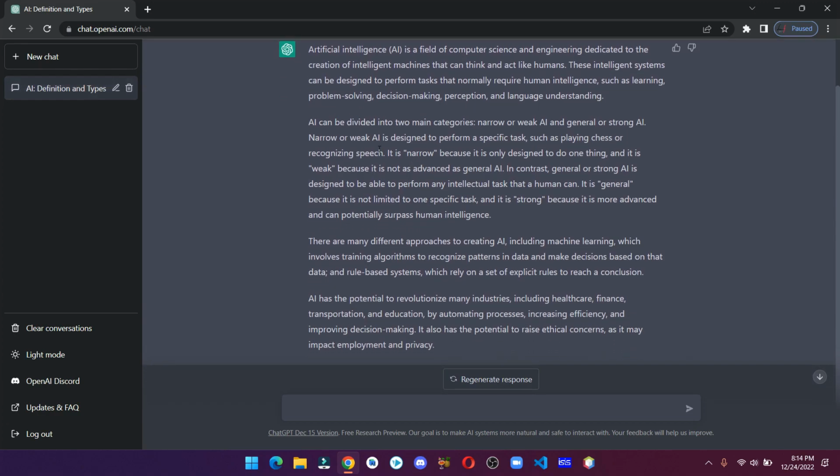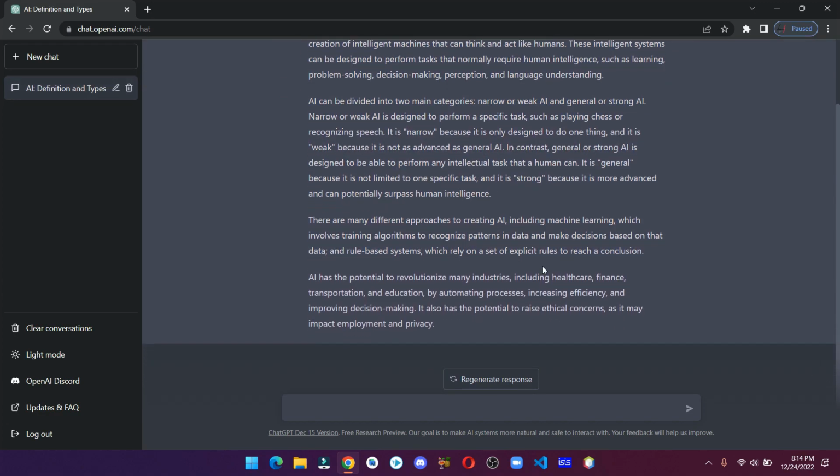And here's the detailed answer. Now let's say you want to write a blog post on something and you don't know much about the blog post you're writing, then get the help of this AI tool.